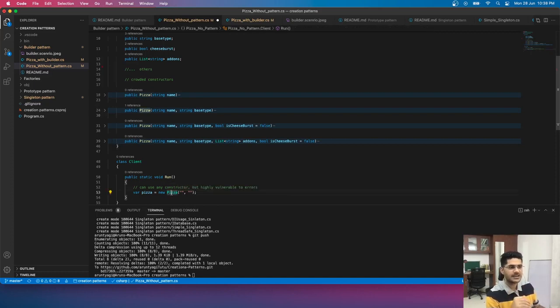There's no error, but you are giving multiple options for the same thing, so it is kind of ambiguous. People who are using it can get confused, and that is why people provide a lot of documentation and comments, saying the first parameter is this, the second parameter is this, and so on.